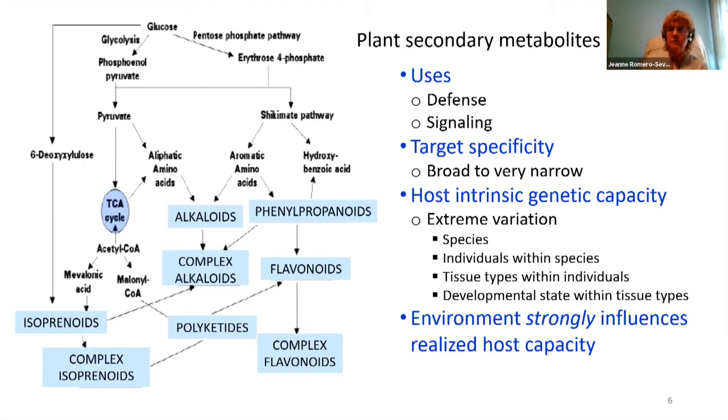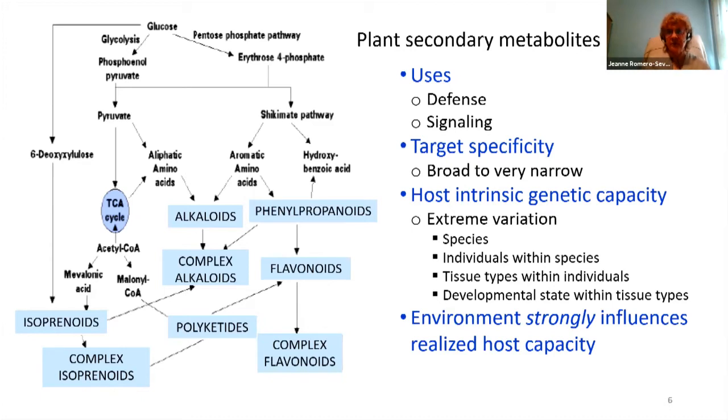It can be different between individuals within species. It can be different between tissue types within an individual, and it can be different depending on the developmental state within tissue types. And of course, as is always the case with complex traits, environment strongly influences the actual realized